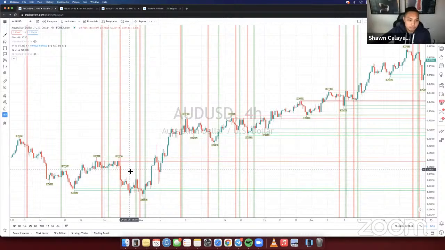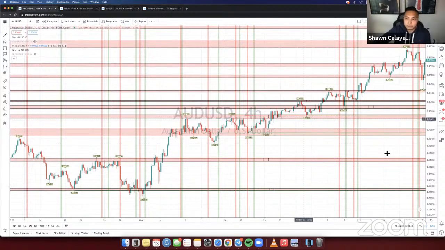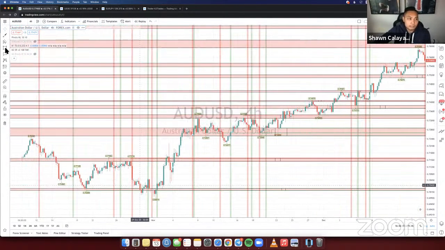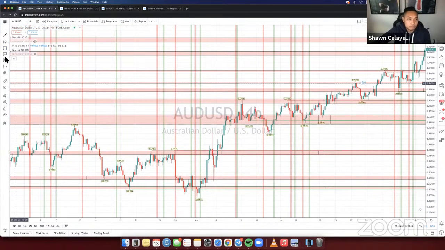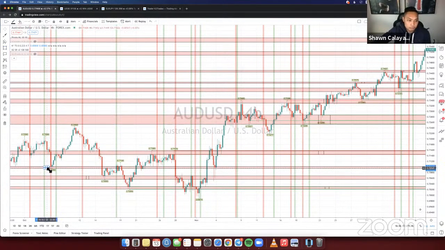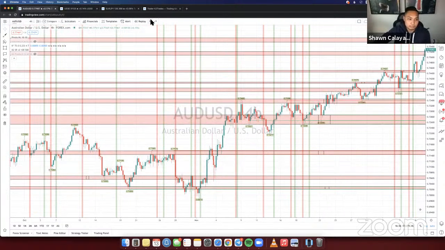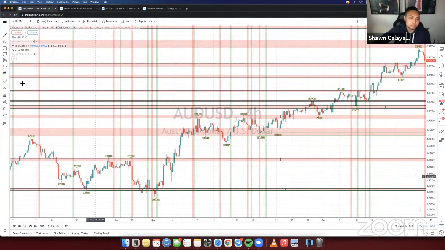Because you can see here, there's a ton of different zones we could draw. We have these zones right here, but if you're trading somewhere down here, you could have had an extra zone somewhere down here, or somewhere over here, and that's where it gets messy because you're wondering what's an important zone and what's not. Yeah. In reality, they're all important, but you want the zones that are super important, the ones that actually mean something. So that's pretty much how I figured out this indicator that I developed.